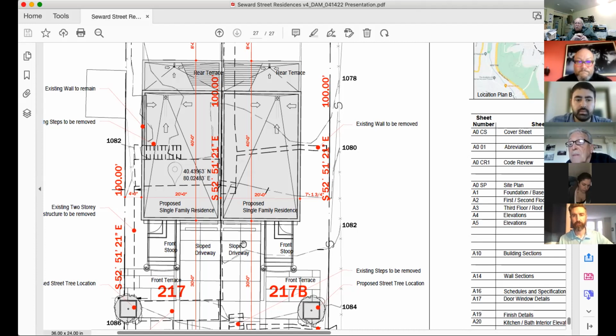Okay, folks, any other questions? Is there any way, and I know you reviewed this already, the main variance issue that you're going to have to put in for, can you explain that again? So can you see my cursor at all? Yes, I'm following. So there's a 4 foot on one side, 20 feet, and 7 foot 1 3/4. Those are the distances.